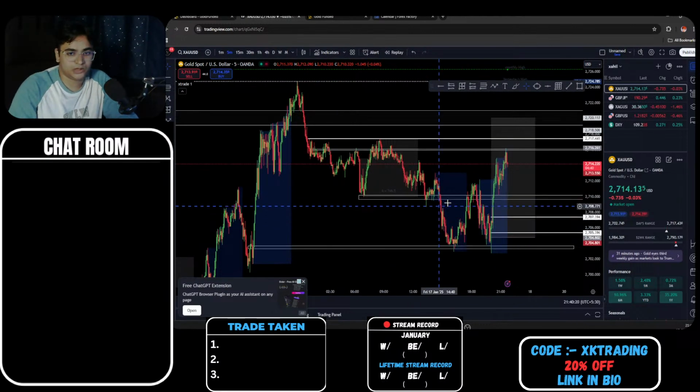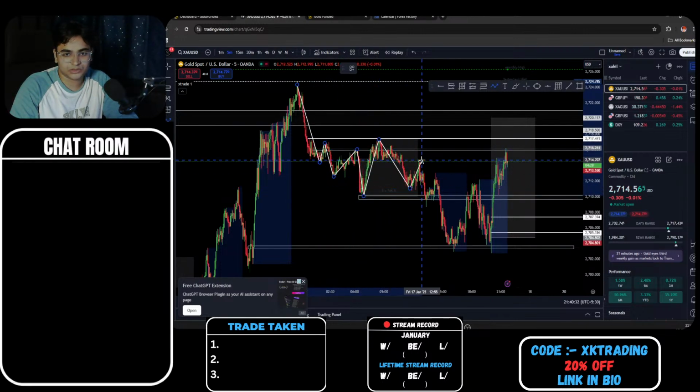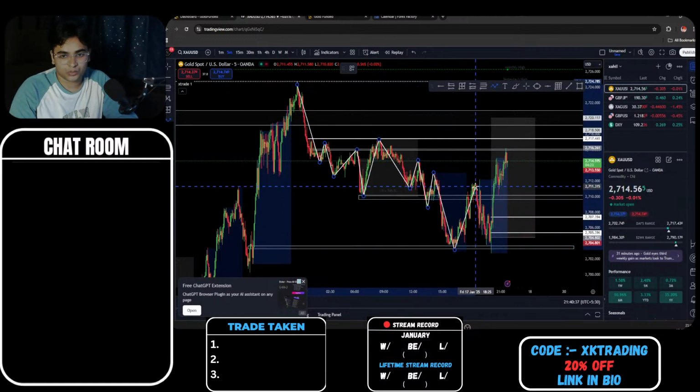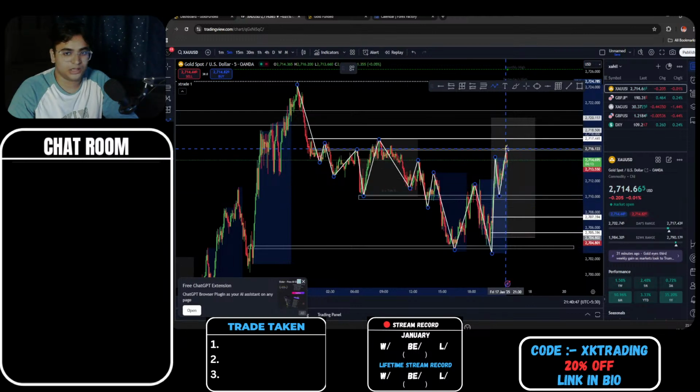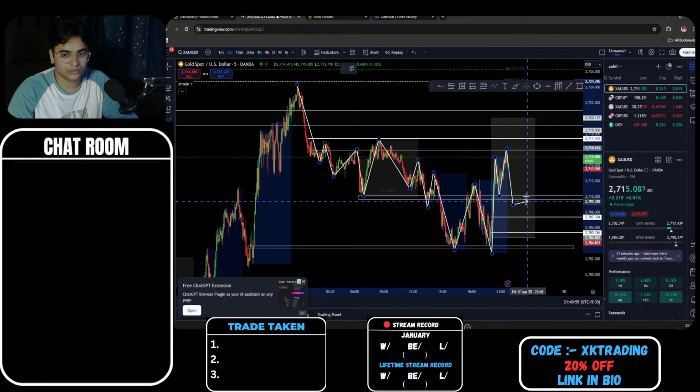Okay, this is my idea. Now let's take a look here. This was the high we made, and this is the low. Since then, we've been traveling like this, tapping in between the zones, creating lower lows. Once we tapped and created a proper retest here while making a low, we re-broke this high, retested it again, and now we are making a new high. If we are finished making the highs, then we're going to break this low and continue lower.